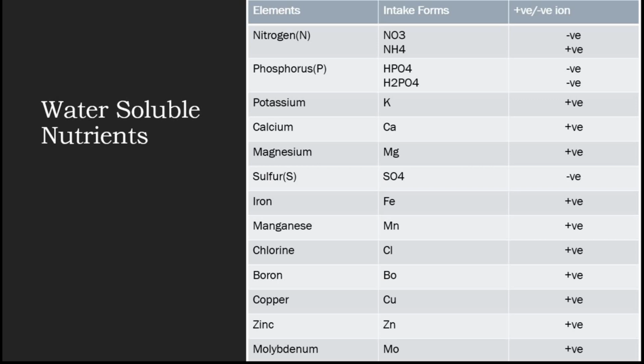So whenever you prepare your blend, make sure that you have equal number of positive and negative ions in your nutrients for the plants, so that there is no imbalance of positive and negative ions in your nutrients and plants can easily intake all the nutrients they want from the blend that we have prepared. Now let's go ahead and check out our next slide.